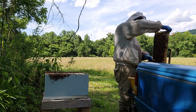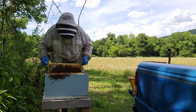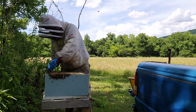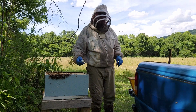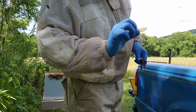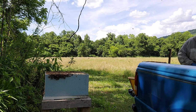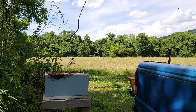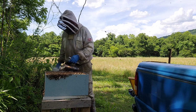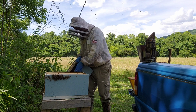Procrastination is not something you want to do. Looking at this, I wish I'd got out here last week, because these girls are seriously honey-bound. But there's fresh white comb still being drawn that has nectar in it, no eggs. A little smoke. I don't like smoking bees, but